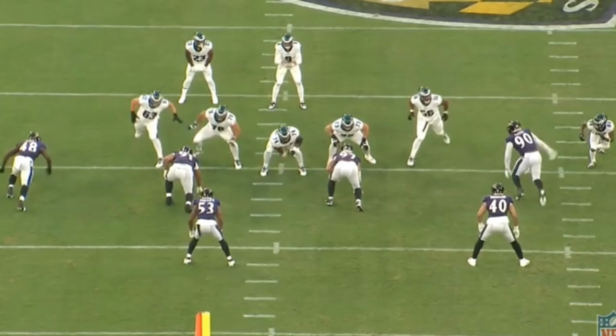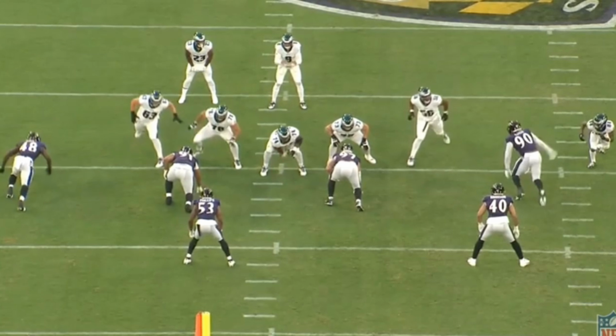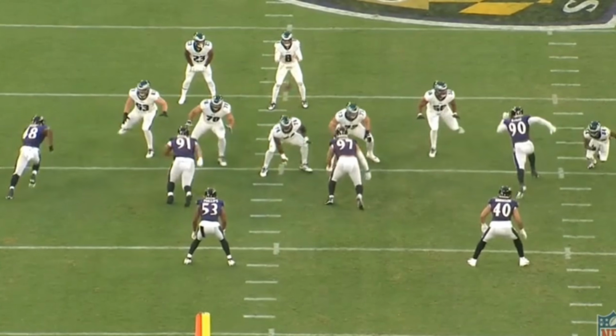He's exploding out of his stance. You see the right tackle do the same thing. This is not a false start. It'll never be called 100 out of 100 times. So not only is he getting out of his stance and exploding and getting to his landmark and setting up,